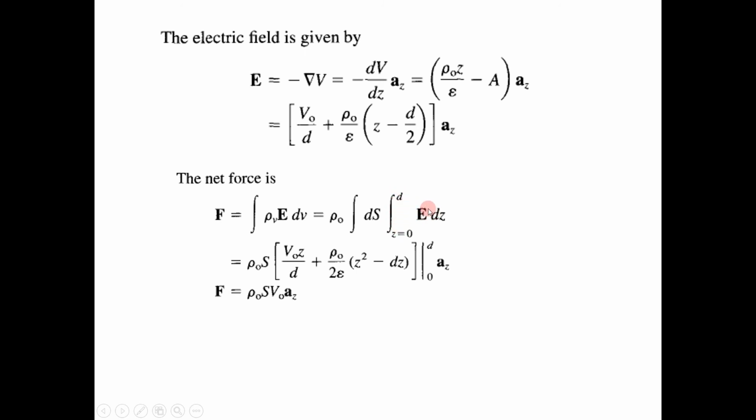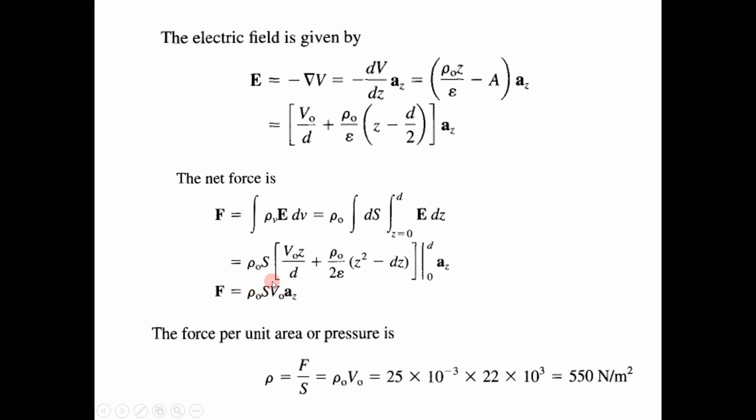Okay, again you are substituting the equation for E and applying the limits, and you just assume that the area is S. You are just assuming S. Why? Because for your final answer you need the pressure. Pressure is related to area. So you assume that area is S. So rho naught into integral ds, you are not going to the details or limit, you just assume it as S. So rho naught S into, you are directly integrating E with respect to Z, and limits Z equals 0 to d. You got the value like this, F.